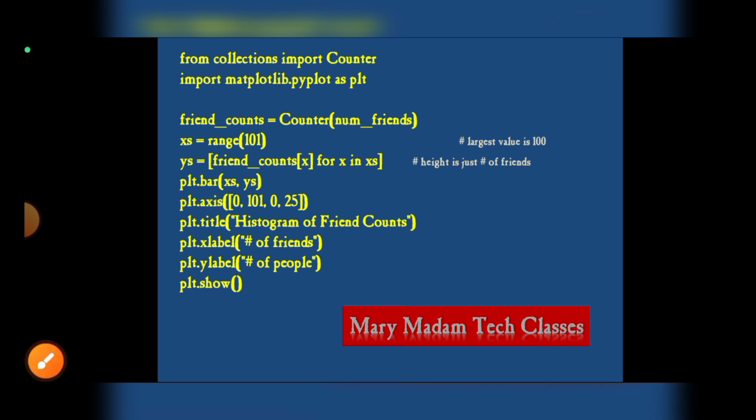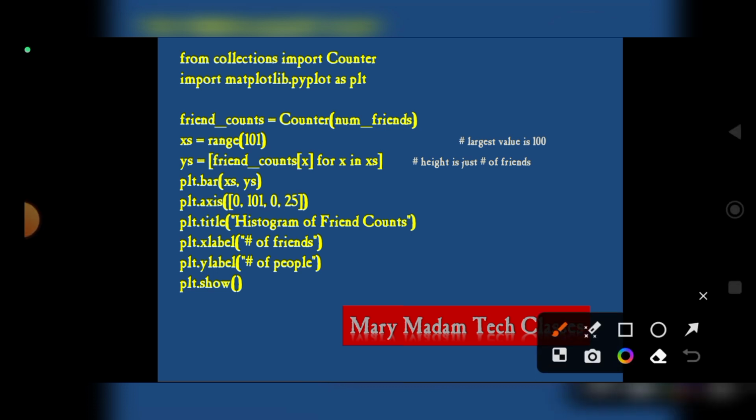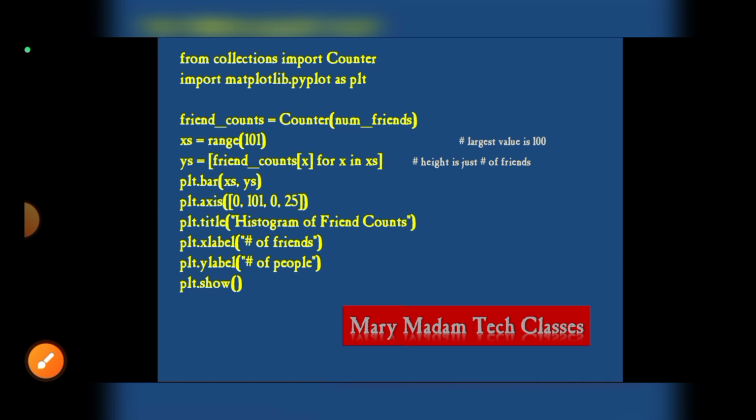From collections, import Counter. We are going to use Counter. Counter is a subclass of dictionary that is designed for counting hashable objects in Python. So, we are going to use Counter. For that, from collections we are importing Counter. And not only Counter, we are going to import